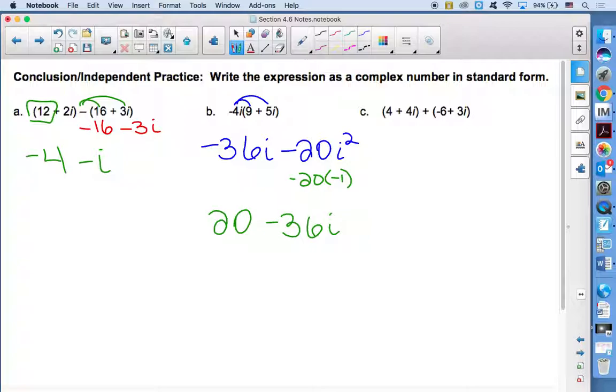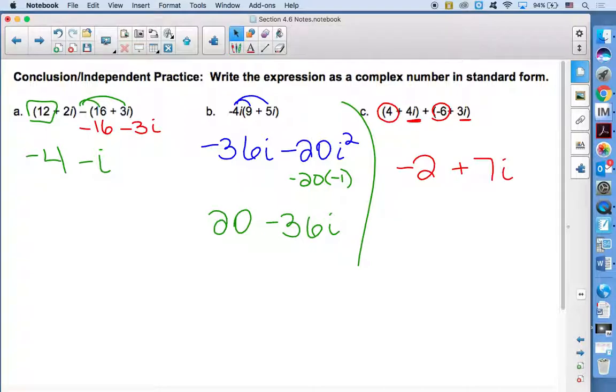The last one, Elena, what did you get for letter C? The final answer, -2 plus 7i. Good. So she said -2 and then 7i when you combine the i's together. So like terms, getting the reals together, getting the imaginary numbers. -2 is first, it's the real number, and then plus 7i. Are there any questions? Wait, what does this do? Because why